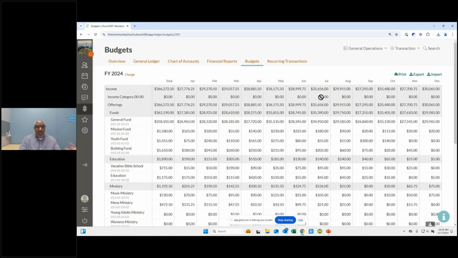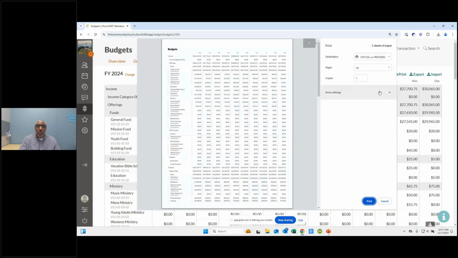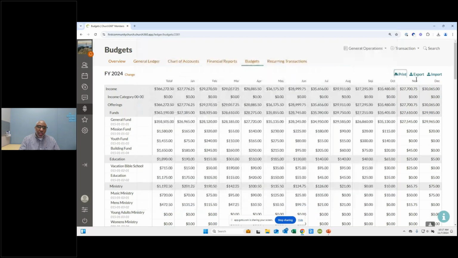You can also create budgets and actual reports underneath financial reports. But once you've got the year that you want, you can then print that report. You can take it and send it out to a print view. Click cancel. Then you can also go to export. And I talked about this in probably our second training. There's export all and export budgetable. The export all is every single account in here.